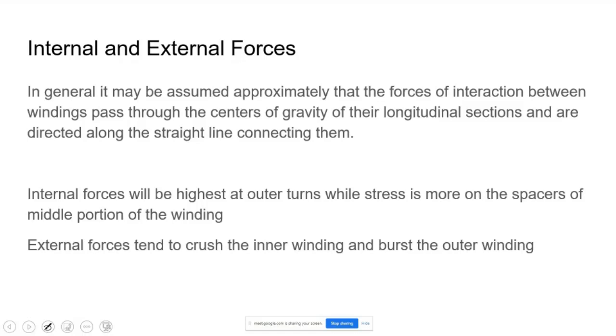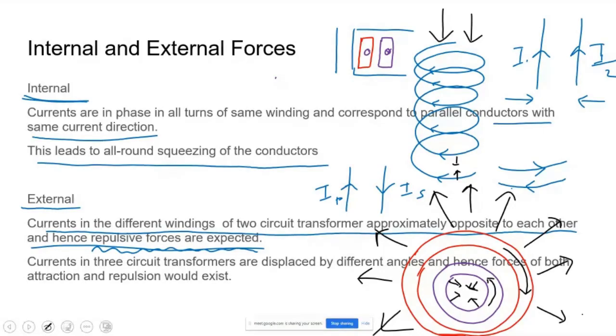You can see here itself, the inner winding tends to crush, right? Crush means it will be crushing inside. And the outer winding, the forces are outside. That means it is going to burst out, right? So this kind of situation can happen. When the forces exceed a certain value, obviously the outer winding is going to burst and the inner winding is going to crush. When transformers experience such huge forces,